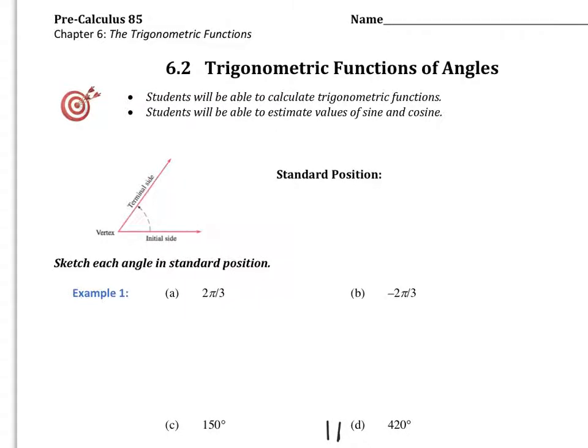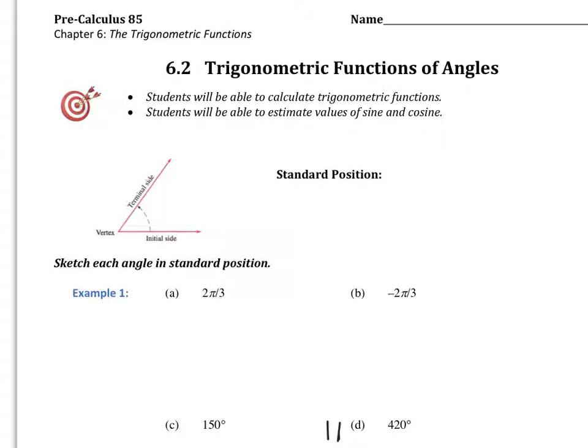Okay, like I said, the big idea that we're going to do is calculate our trig functions, and we're going to have to be able to use our angles in order to do that. Then we're going to estimate based upon our radians. All right, so based upon the picture that I already showed you, some simple concepts that we need to understand